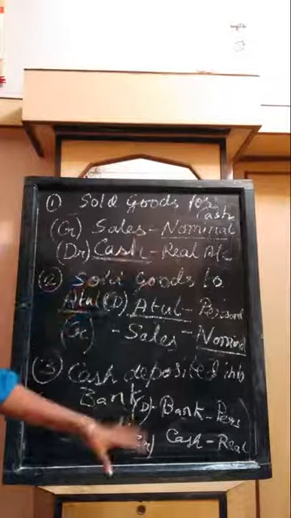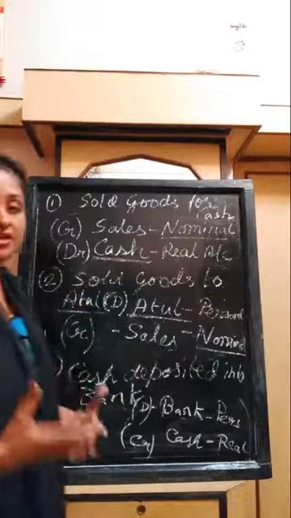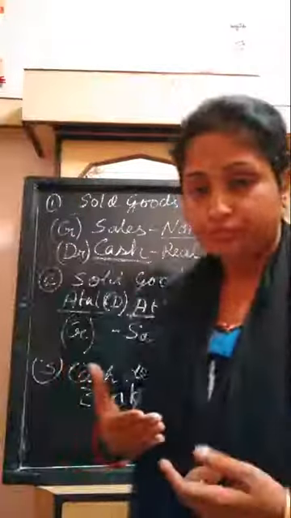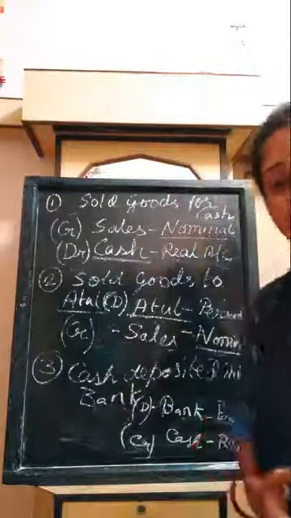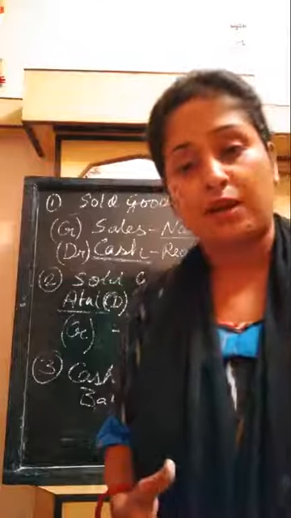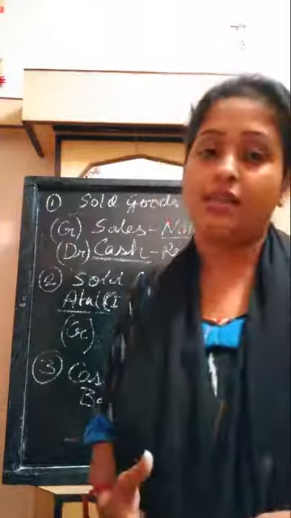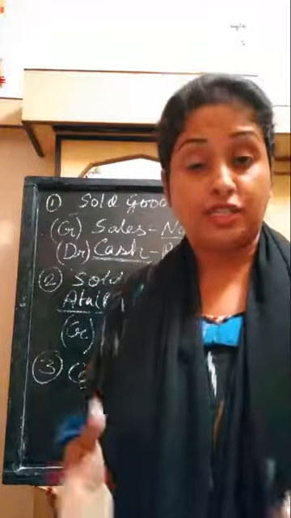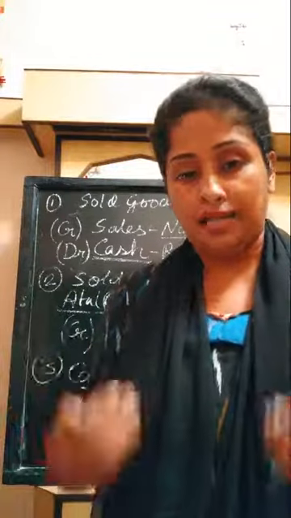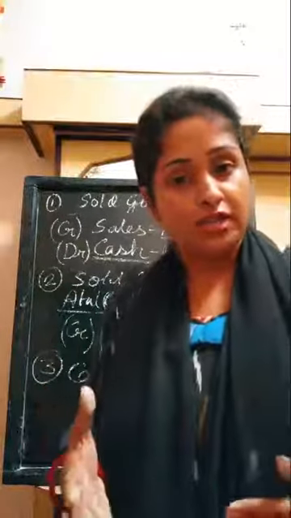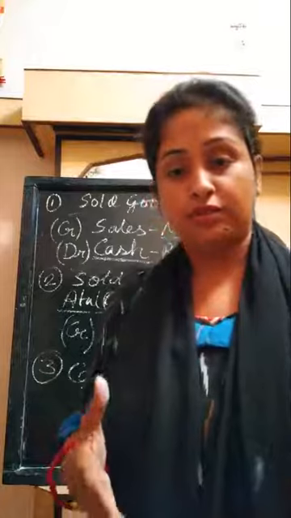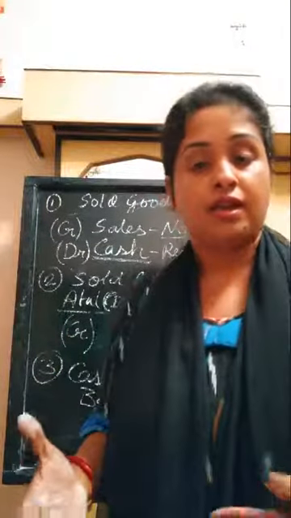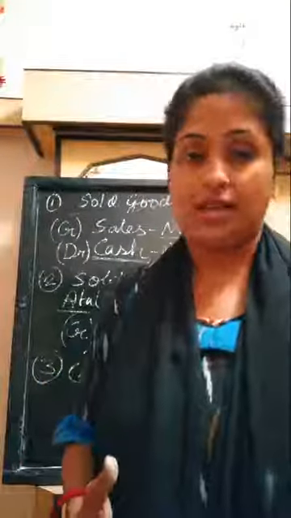So these are the logic of these three transactions. I hope you have understood this transaction. In my next class, I will come up with some more important transactions and I will let you know how you will identify the two accounts involved in those transactions, and with the application of golden rules, we will find out the debit and the credit items.